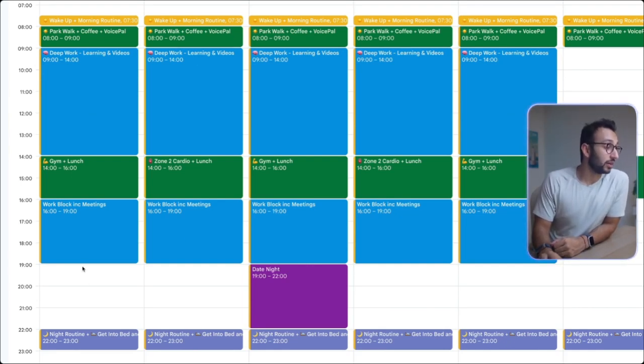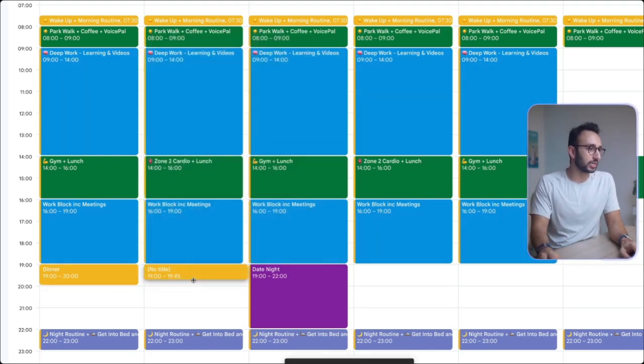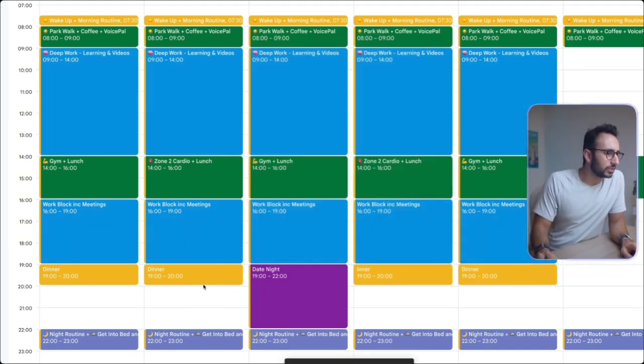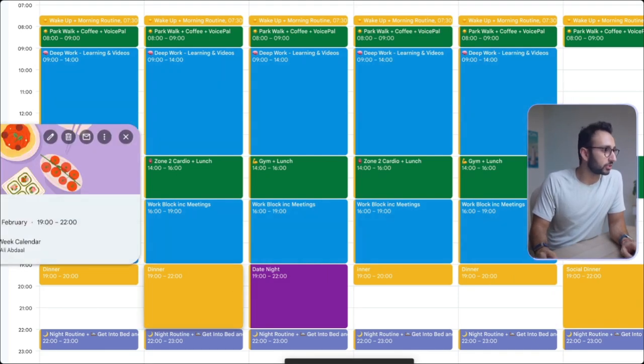That's it. We tried to do dinner around 7 till 8, but it often changes depending on what's happening, so I haven't blocked in dinner. But for the most part, dinner would be blocked in over there. And our goal, I think we decided the other day, is that every Tuesday and every Saturday night we were going to have a social dinner, because we don't have very many friends in Hong Kong yet because we haven't really been trying too hard about it.